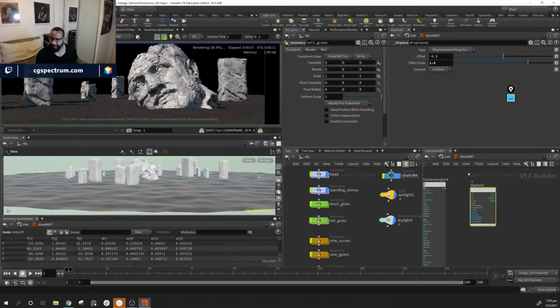And so what the displacement node is, it's actually more like a